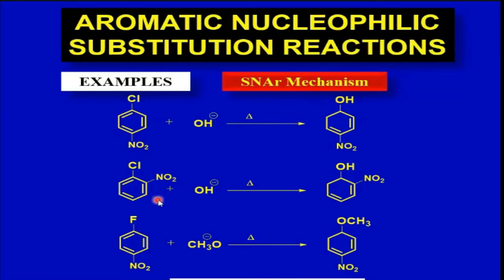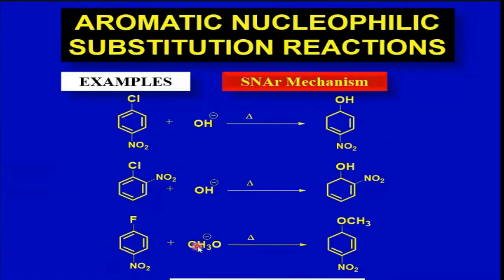Now, in the second example, you can see that again we have chlorine and nitro substituent, but the relative positions are different. Here, in the first example, they were para to each other, and here they are ortho to each other. Now, if the electron withdrawing group is ortho and para, that will affect the overall reactivity of this molecule, which means if the electron withdrawing groups are at ortho and para positions, that will help the reaction to proceed in a forward direction. In both cases, you can see we will have the replacement of the chlorine by the